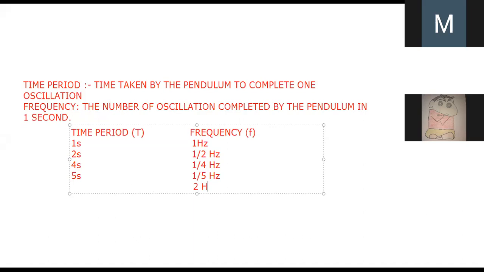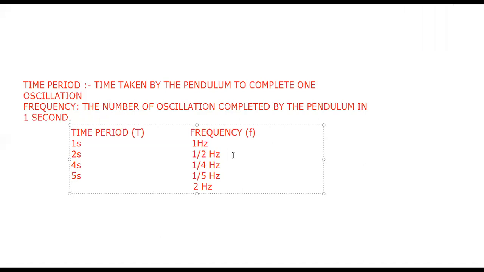Now my question is, I am asking the opposite, if the frequency is 2 hertz, how much is the time period? Say me the time period. Frequency is 2 hertz. No, no. Very good, Soumya. No. Monish, wrong. Soham, wrong. Reyansh, right. Ria, wrong. Krish, wrong. Beta, I am asking the time period.